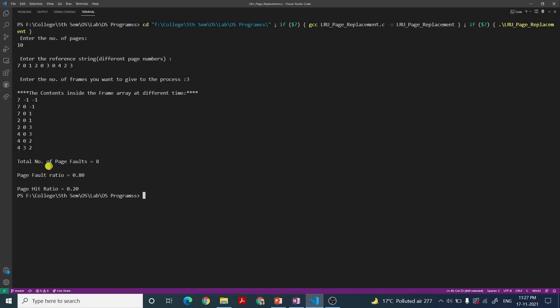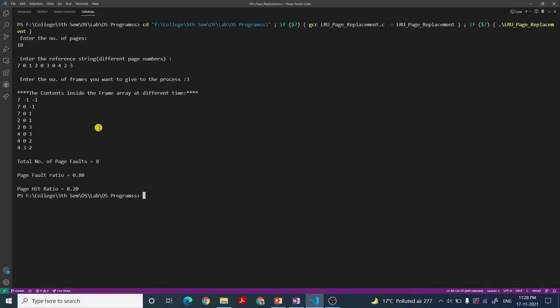And then these are the page faults, page fault ratio, and page hit ratio. Printing the contents at different points of time is optional; you can print it for readability, but the main thing is you have to print the page faults, and accordingly find the page fault ratio and the page hit ratio. So this is the simple output that we will get after we run the program.